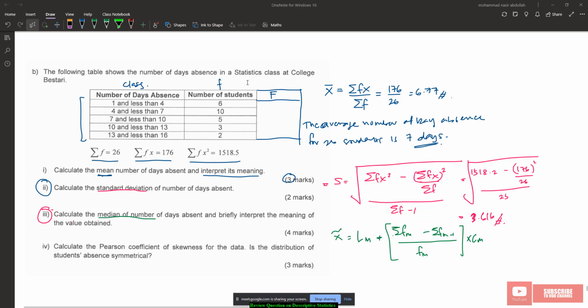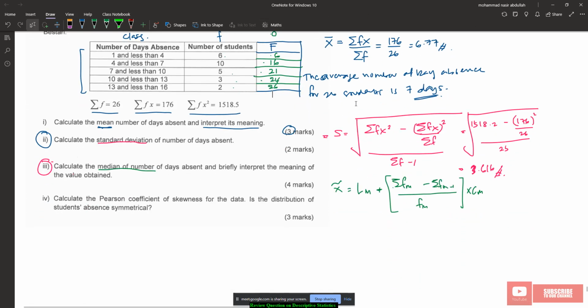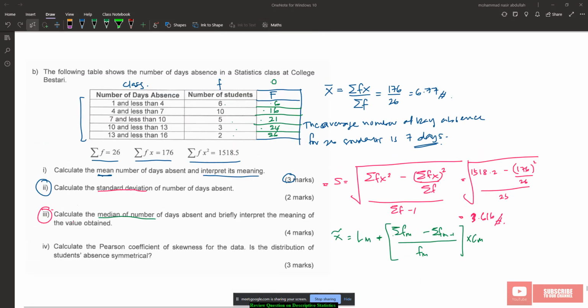So in cumulative frequency, what do you have? Cumulative frequency starts before the first class, right? So how to construct cumulative frequency? 0 plus 6 equal to 6, 6 plus 10 equal to 16, 16 plus 5 equal to 21, 21 plus 3 is equal to 24, and 24 plus 2 is equal to 26, right? So this is your